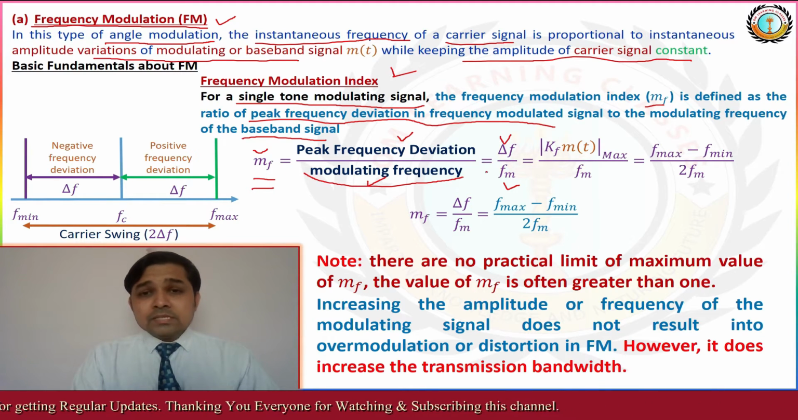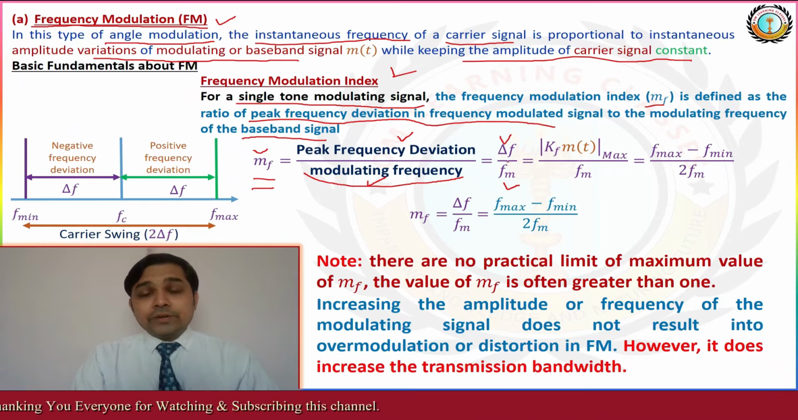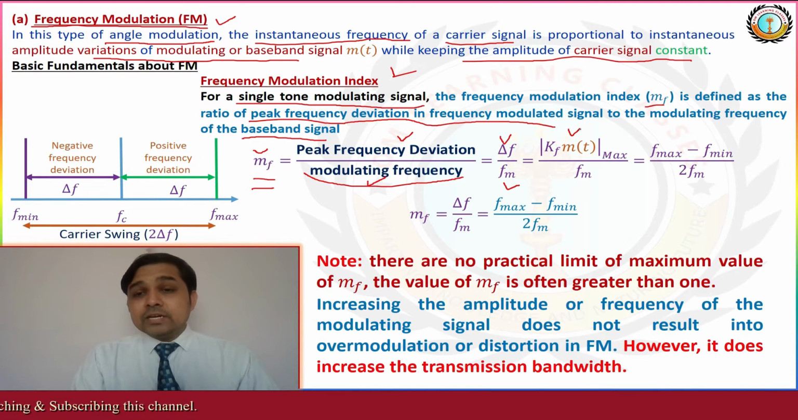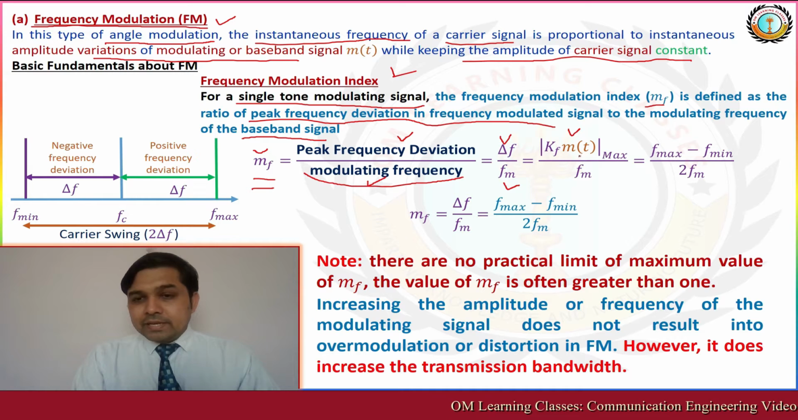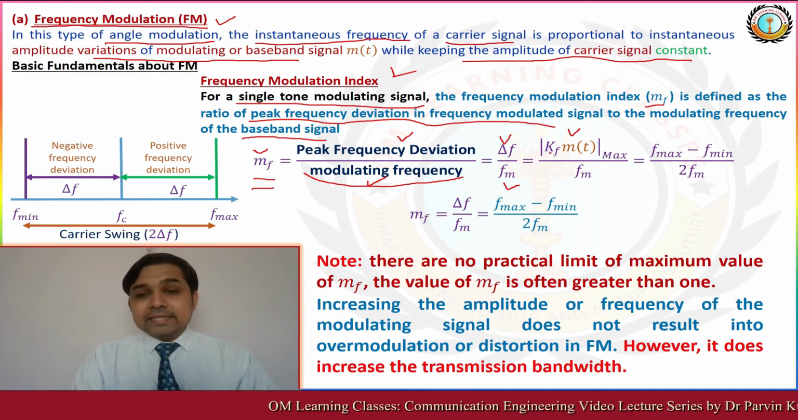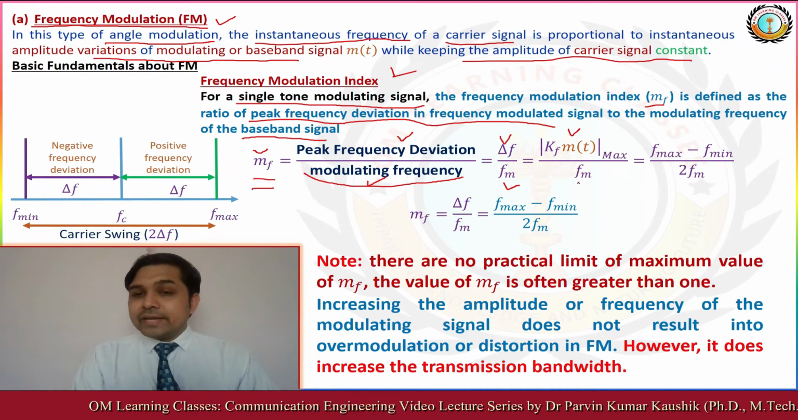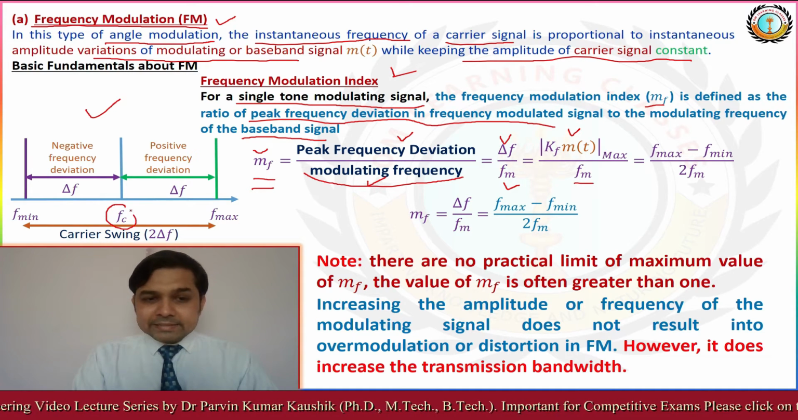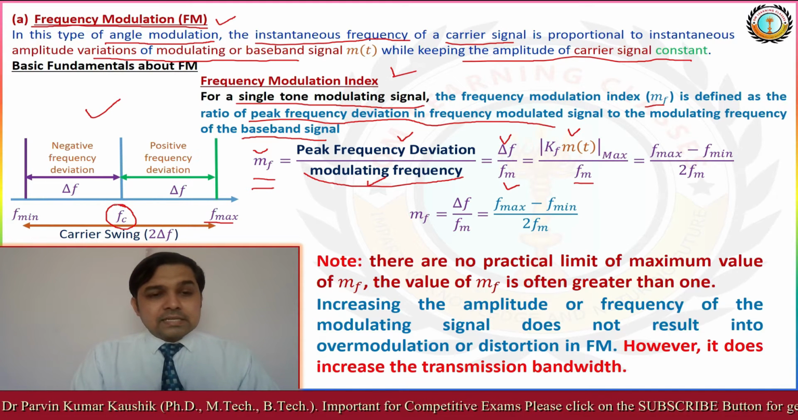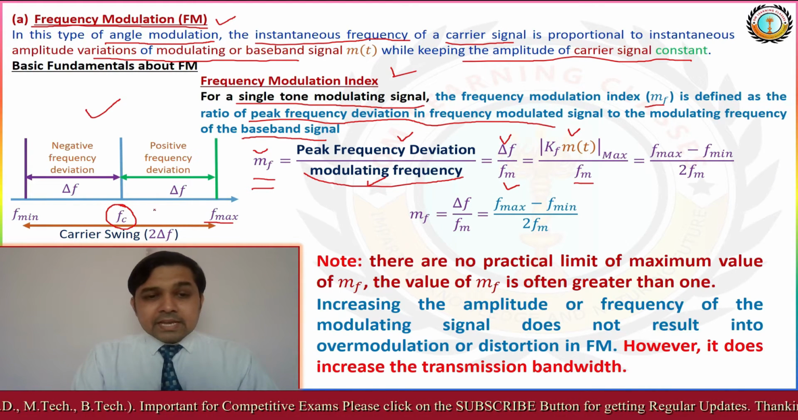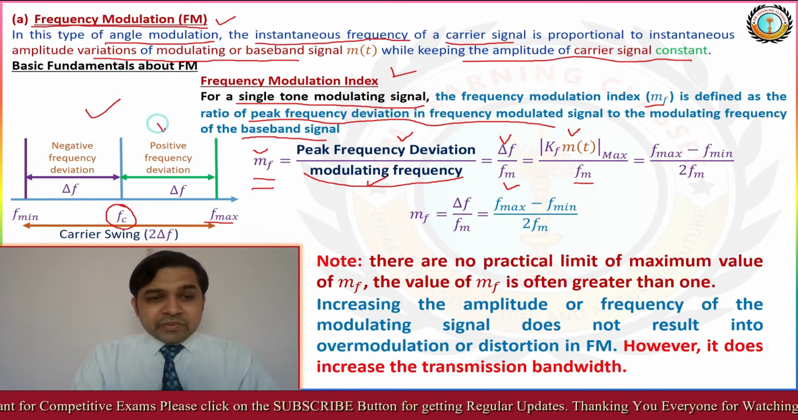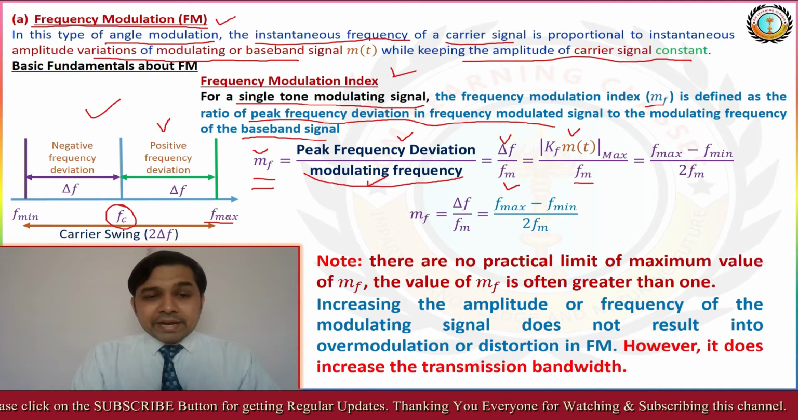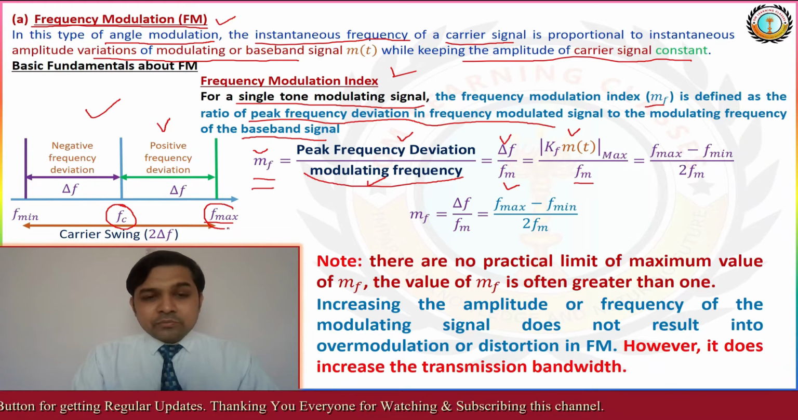As per the basic equation of delta F, delta F is equivalent to Kf m(t) and their maximum value. Here we consider if m(t) is Am cos 2 pi fm t, then the amplitude is considered and that is Kf Am, the frequency of the modulating signal. So this is our unmodulated carrier signal Fc. This is the unmodulated carrier frequency,